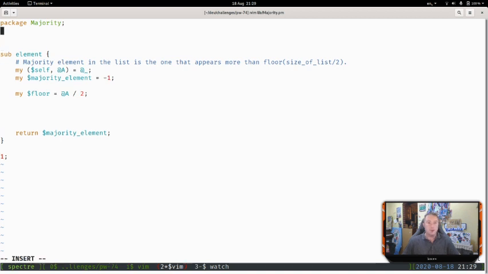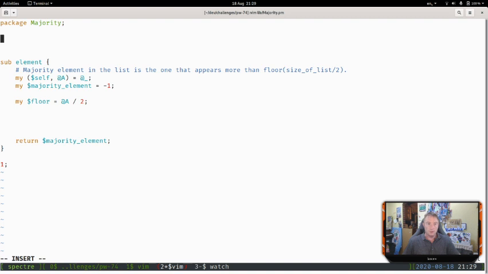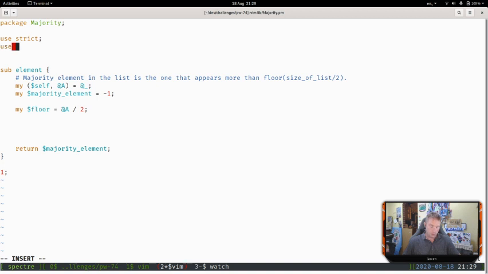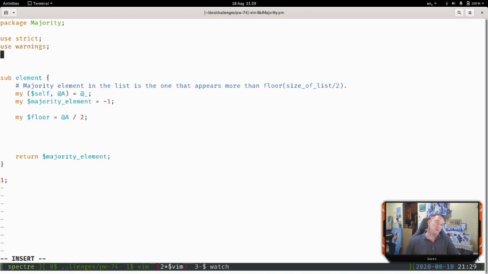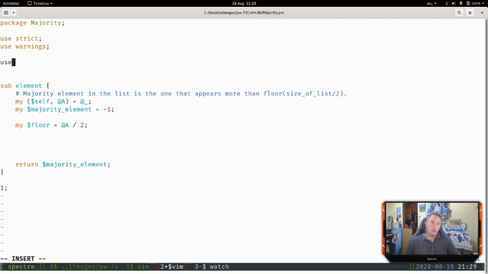So there's a package we can use, and what we should do is use strict and use warnings in this package, because I'm not using Moo at the moment, and I'm going to use List